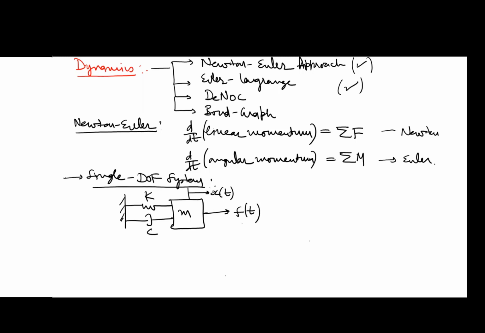Now there are three main elements. The first one is the mass element, or the inertia element, which is supposed to displace. Then the spring element, whose function is to oppose the displacement occurring in the mass, so that's a function of displacement. And the function of the damper is to oppose the velocity.